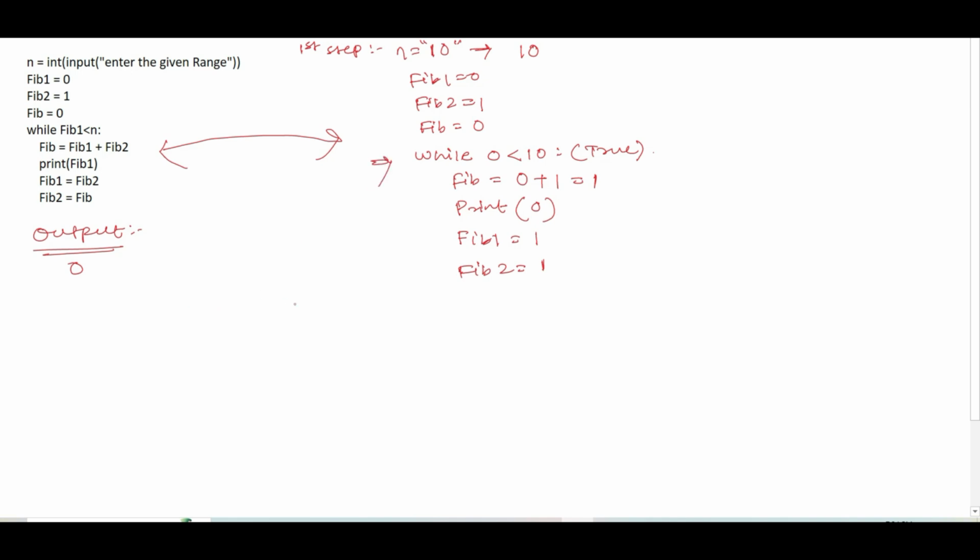Now in the second iteration, what happens is we have the value of fib equal to 1. Next, is fib1 less than n? The value of fib1 now is 1, which is less than 10. This is also true, so it goes inside the while loop. Then fib equals, what is the value of fib1? fib1 is 1 and fib2